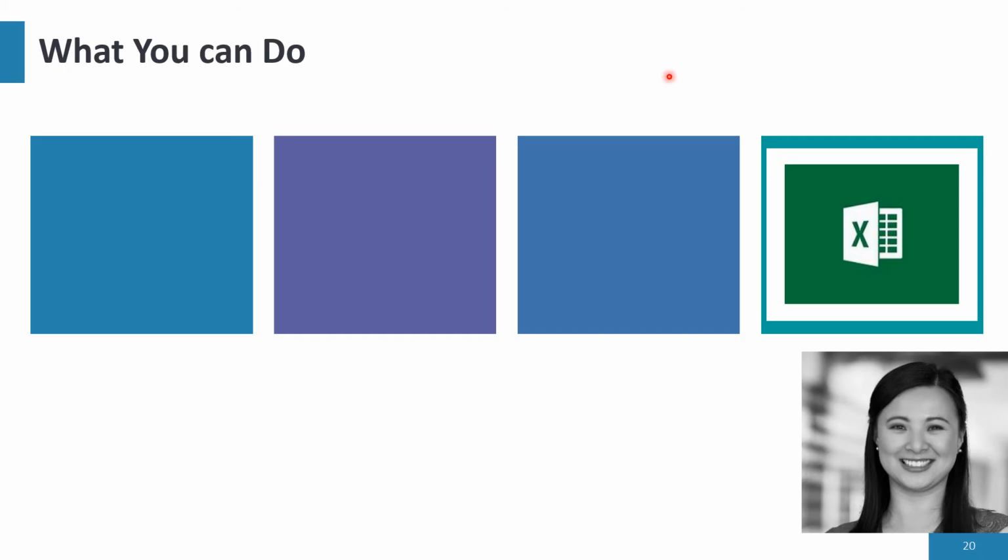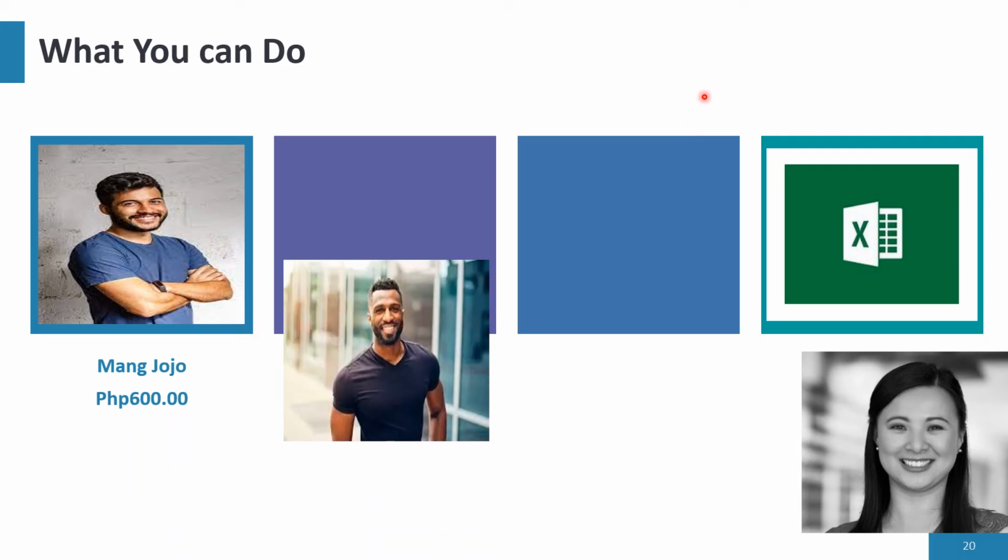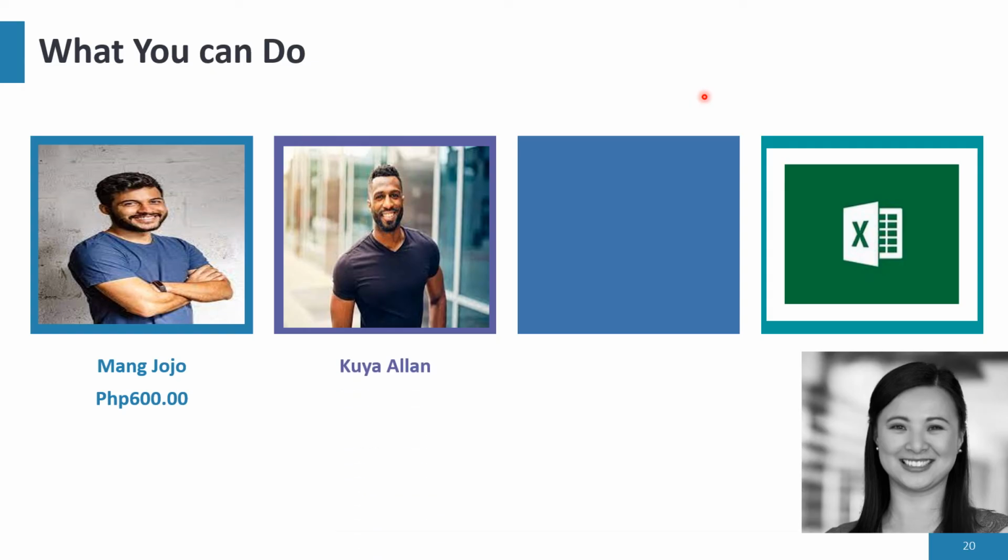So your father had some major house repairs for your house, of course. So he hired people to work and finish the repair in 1 week. So Mang Jojo was hired as the carpenter, who agreed to have 600 pesos per day. Okay. And Kuya Alan, his helper, agreed to have 450 pesos per day. And lastly, we have Kuya Leo,